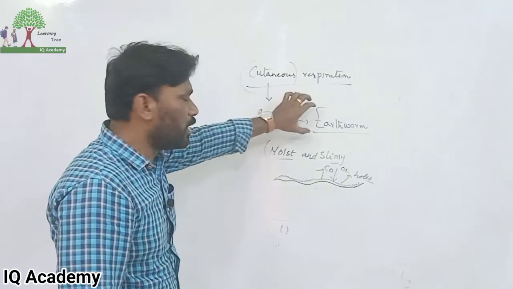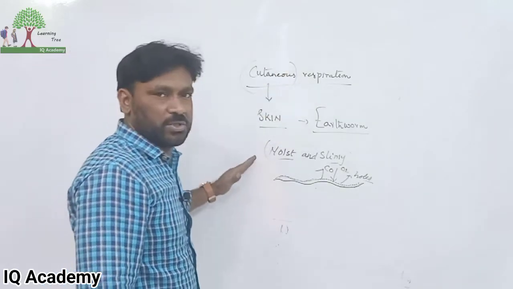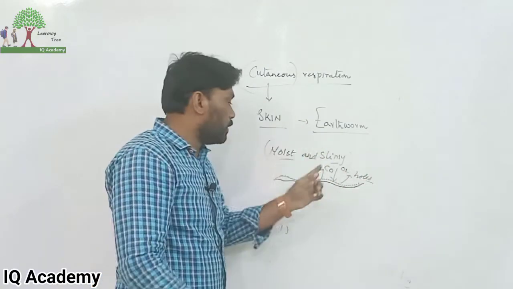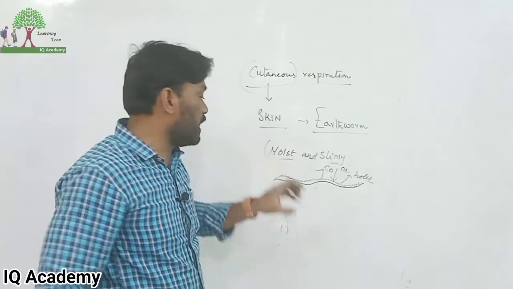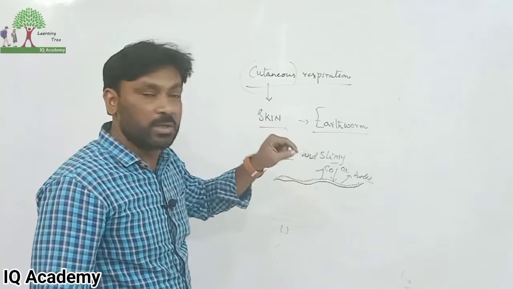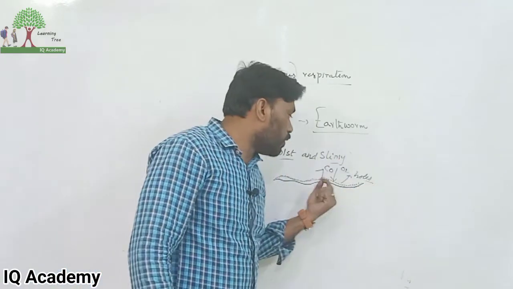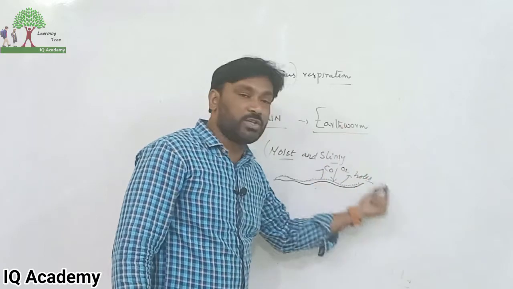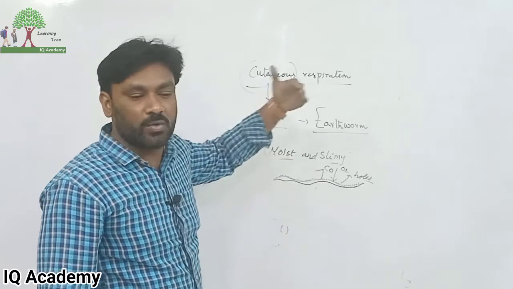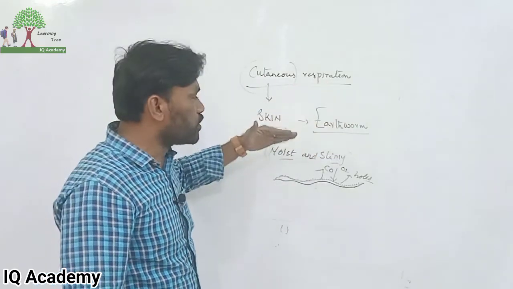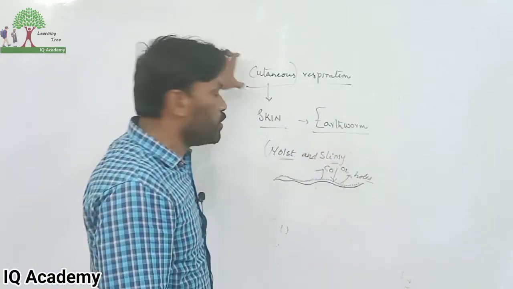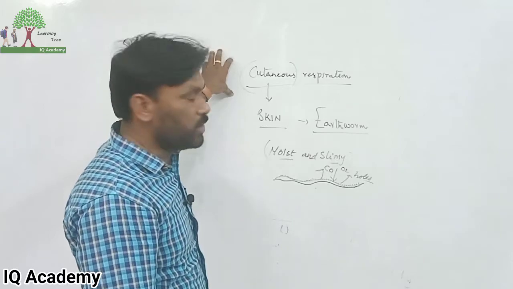So if you observe, the earthworm is always moist and slimy. When the skin of the earthworm dries up, the earthworm dies. So it always keeps its skin moist and slimy, and the skin has small holes, nothing but pores, throughout. Through these holes exchange of gases takes place, and carbon dioxide is released outside and oxygen is taken inside through the skin. Such respiration through the skin is called cutaneous respiration.